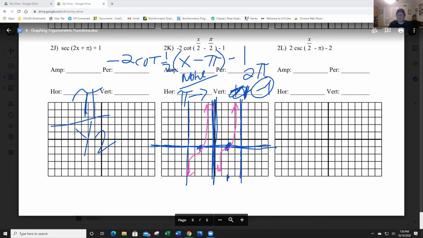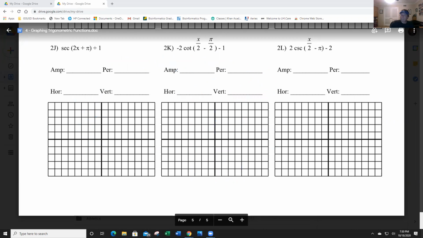Okay, there you go. Last one of the day, and I'm going to erase this in a second here, so make sure you get that dialed in, okay? Last one of the chapter, actually. So pause this if you need to. Last one of the chapter, okay? All right, we got